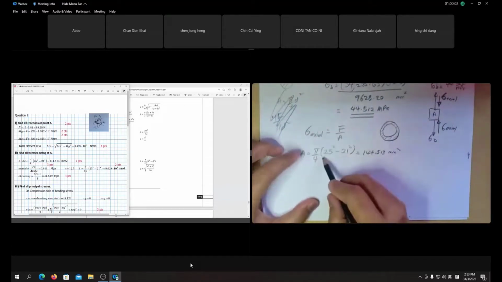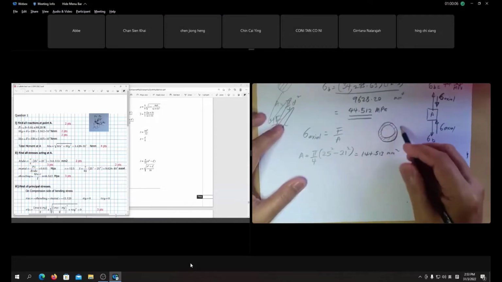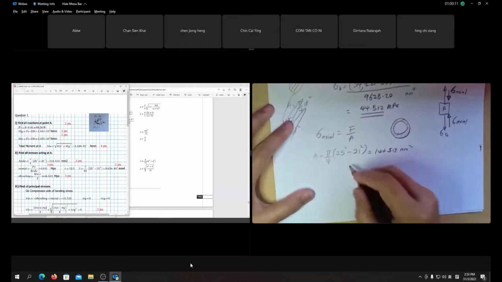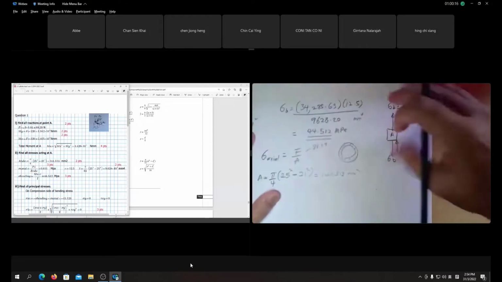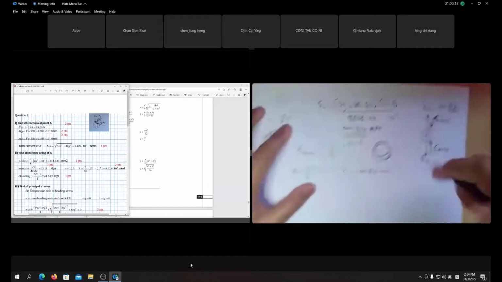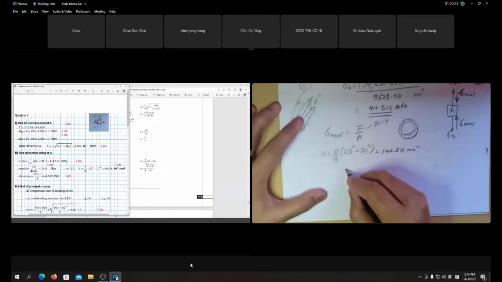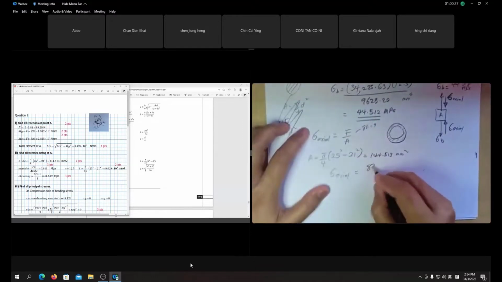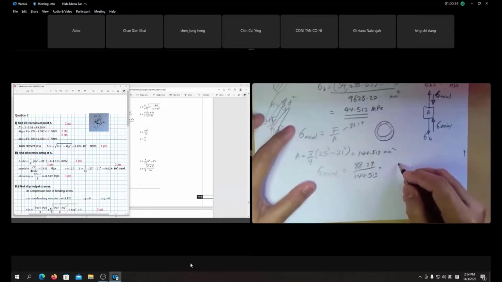Because this is a hollow tube, the area is the outside diameter area minus the inner diameter area. So the area is one, we use the equation. Sigma axial is force, where force is 88.29, our direct force, the vertical force reaction at A. I'm talking about the upper portion, it goes for compression. So sigma axial is 88.29 over 144.513, in Newton per millimeter square, megapascal. So the value is